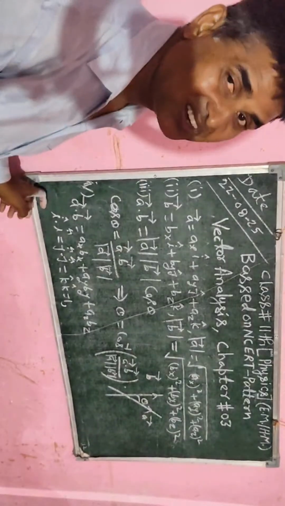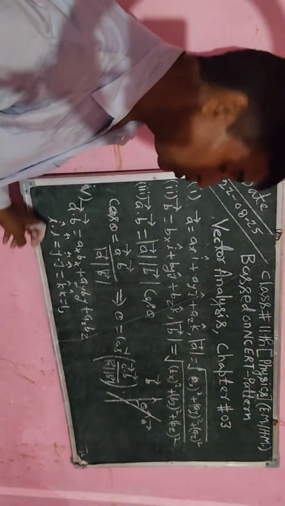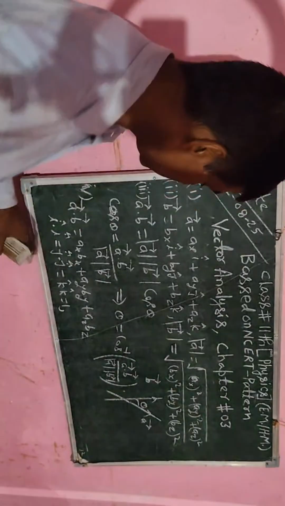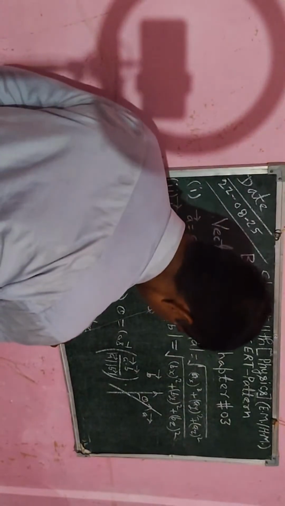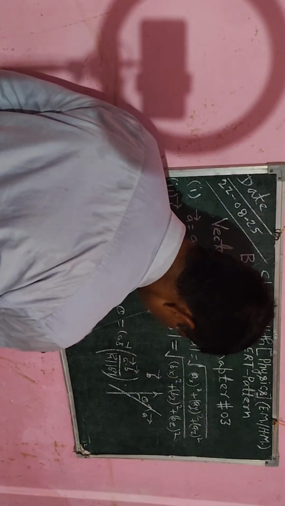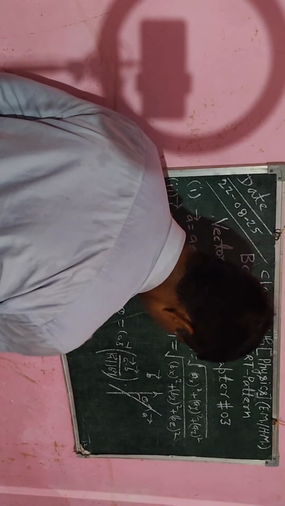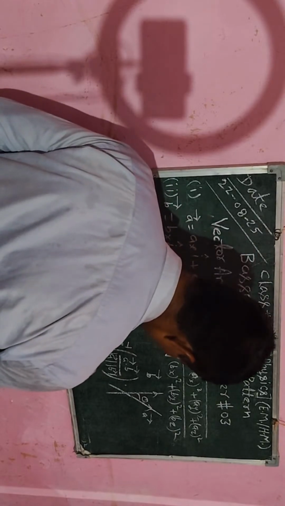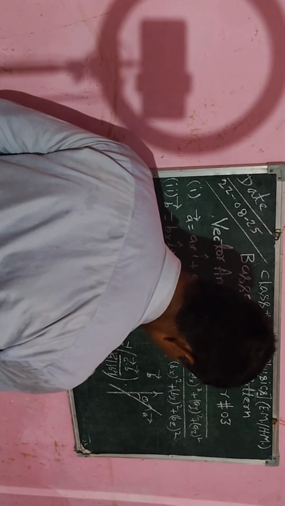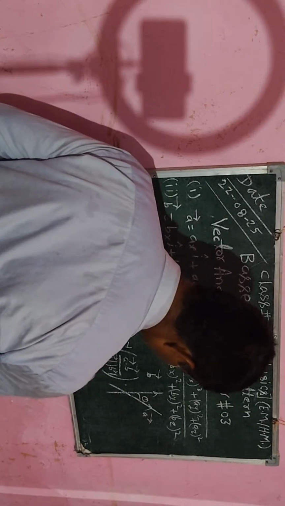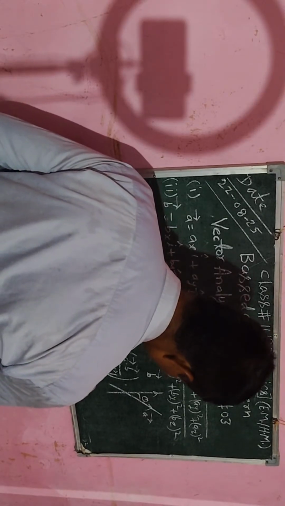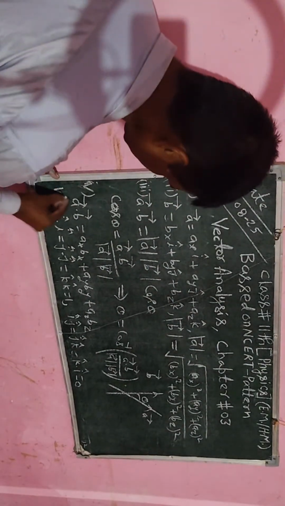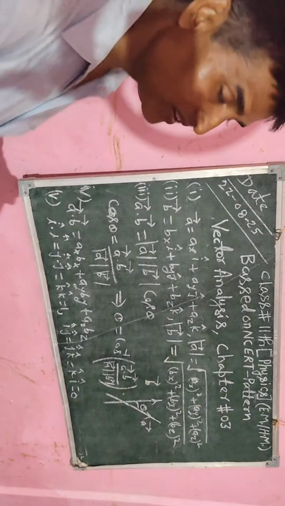If the vector is the same, its value will be 1. If the vectors are different, meaning I, J, J, K, K, I, then its value will be 0, because cos 90 degree its value is 0. So I dot J value will be 0, J dot K its value will be 0, K dot I also its value will be 0. So these are the concepts, and each and every student has to know them properly